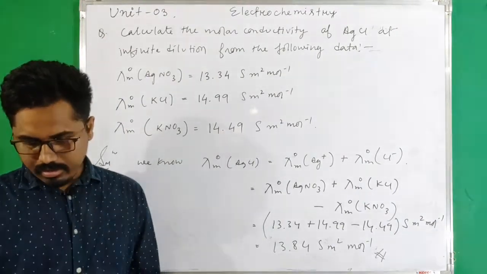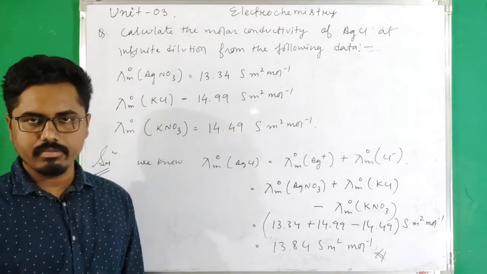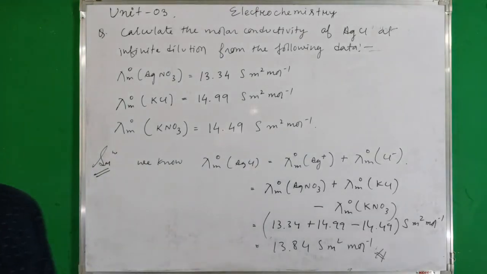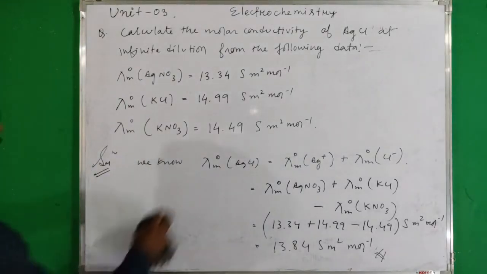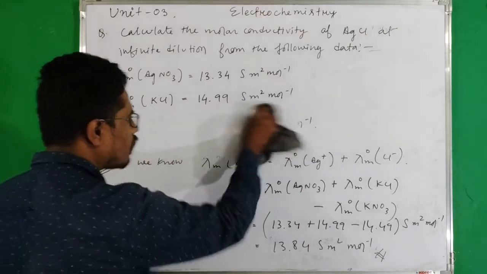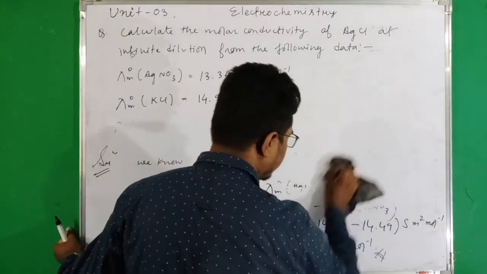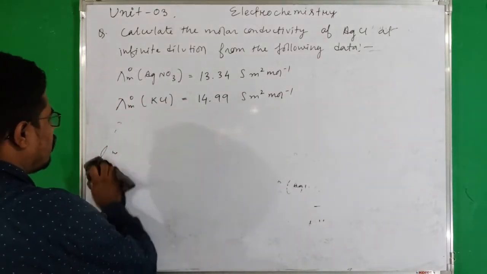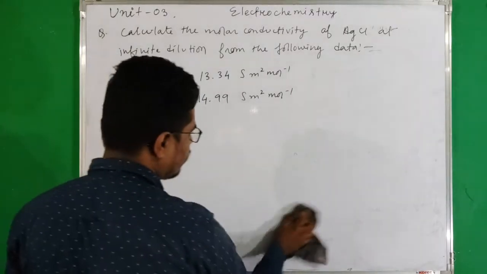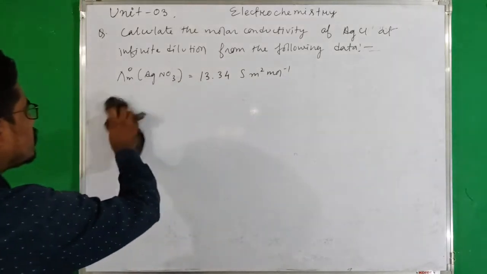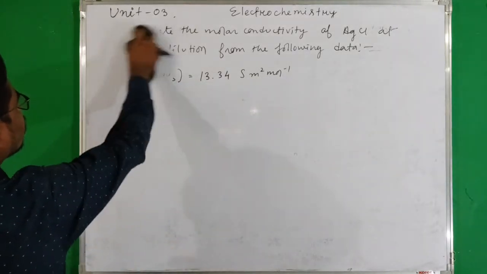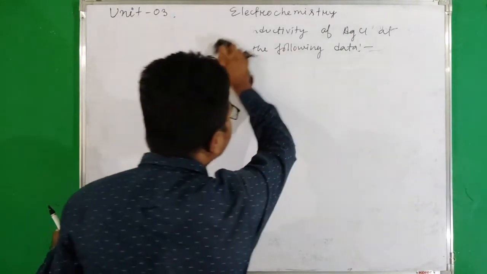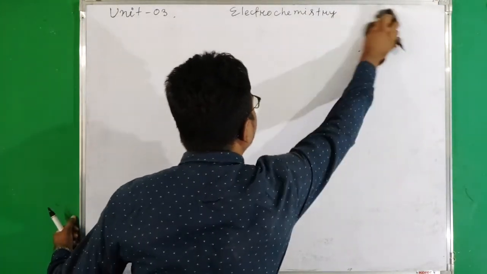Okay, so now we will study another application of Kohlrausch's law, and using Kohlrausch's law we can determine the degree of dissociation, that means alpha,